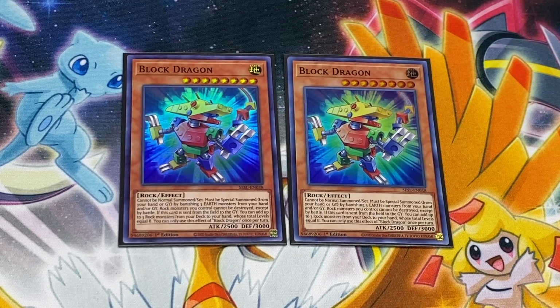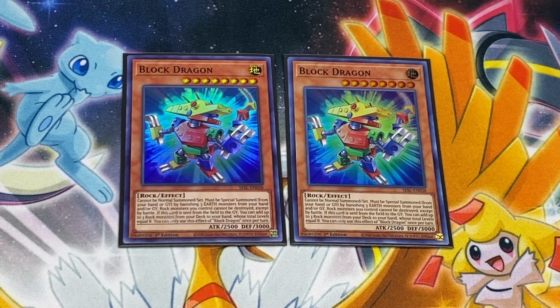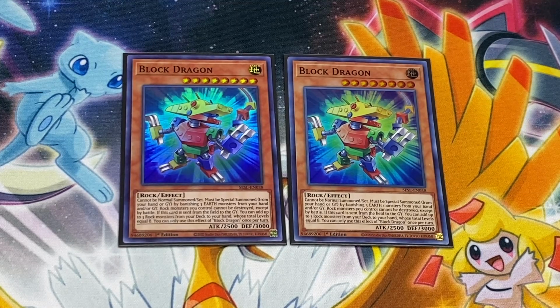You have to special summon it from your hand or graveyard. That's most important. By banishing 3 Earth monsters from your hand and/or graveyard. And obviously with a deck full of Earth monsters, it's practically nothing. It's free. And then not only that, when this card leaves the field, when it's sent from the field to